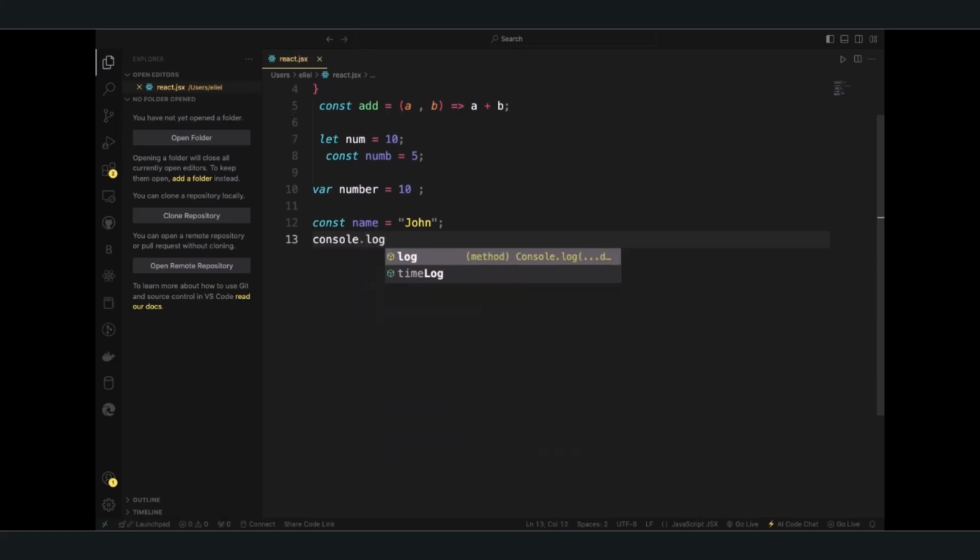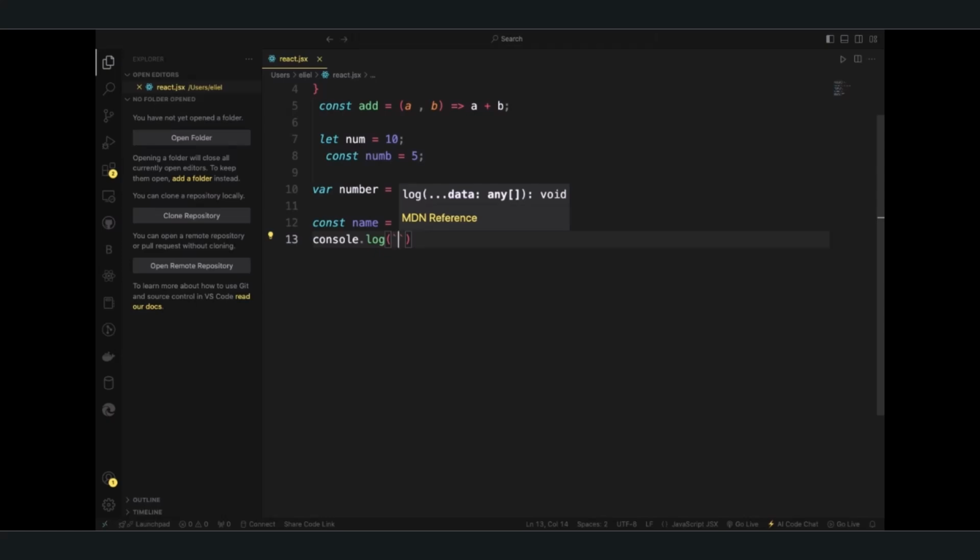Before you write your string, you need to insert the backticks instead of quotes, like double quotes or single quotes. Here, use a backtick so that you'll be able to embed a variable expression,